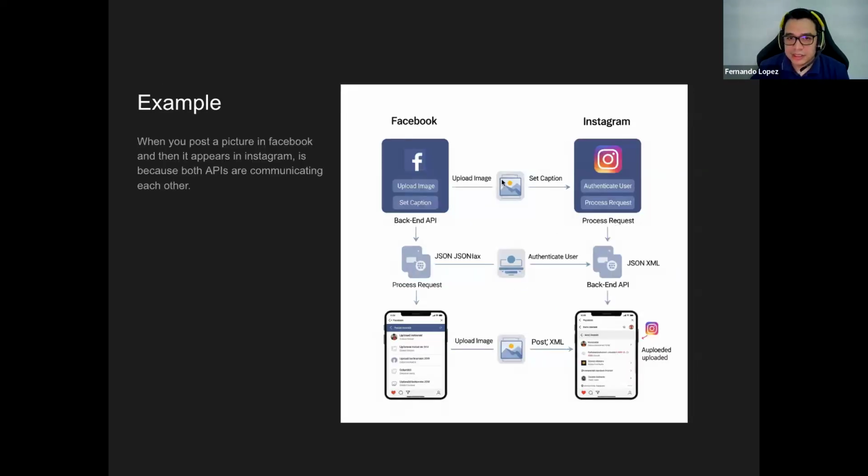In this case, if you are uploading an image into Facebook and then that image appears automatically in Instagram, it is because the backend has created a communication between the two databases. Does this make sense, everyone?